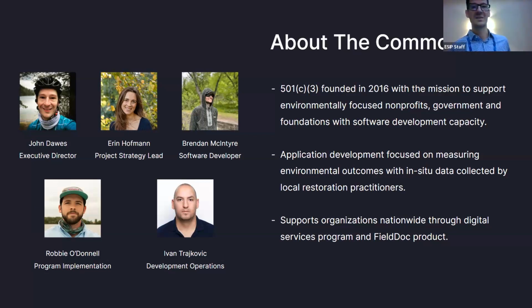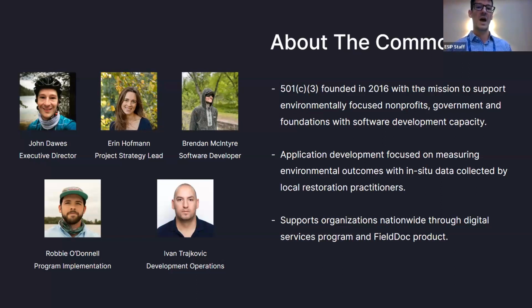So just to dive in quickly about the Commons, and then we'll go through the agenda and materials for today's session. Our organization is a 501c3 based out of Washington, D.C., founded in 2016.